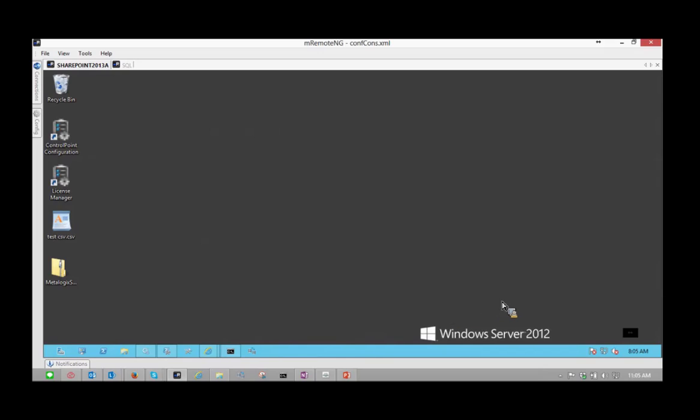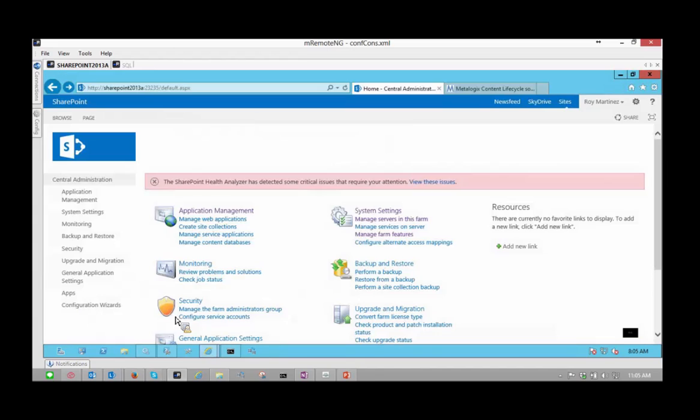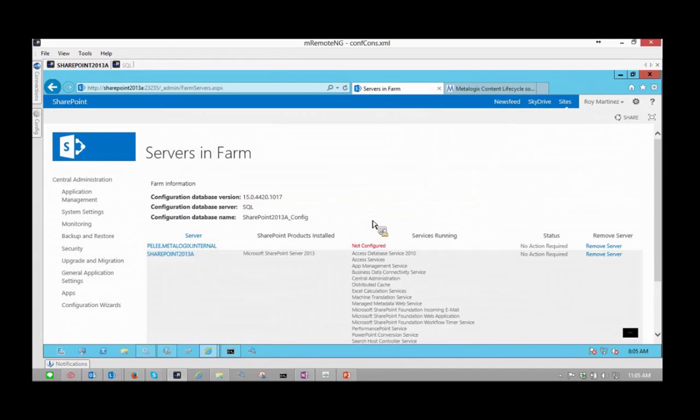Just to jump right into it, today we're working in this environment. This is my really basic and light SharePoint 2013 environment. It consists of 2 servers. If I jump over to Central Administration and go to Manage Servers in this farm, we can see that I've